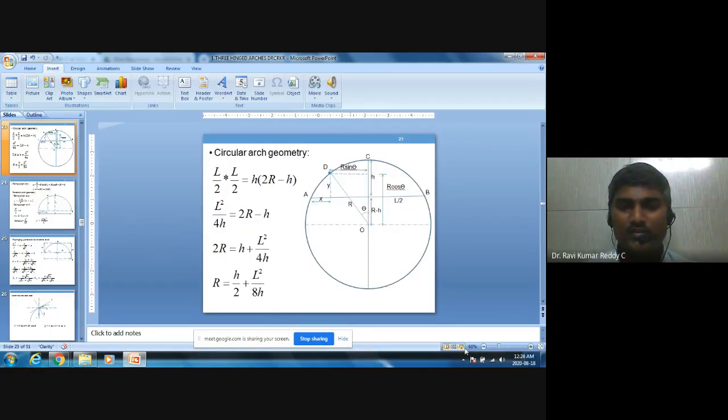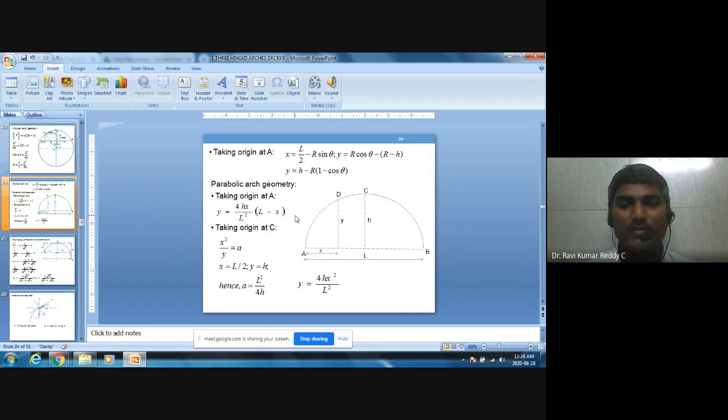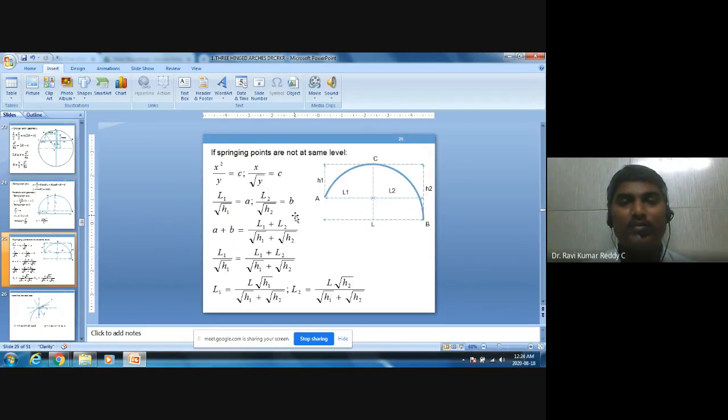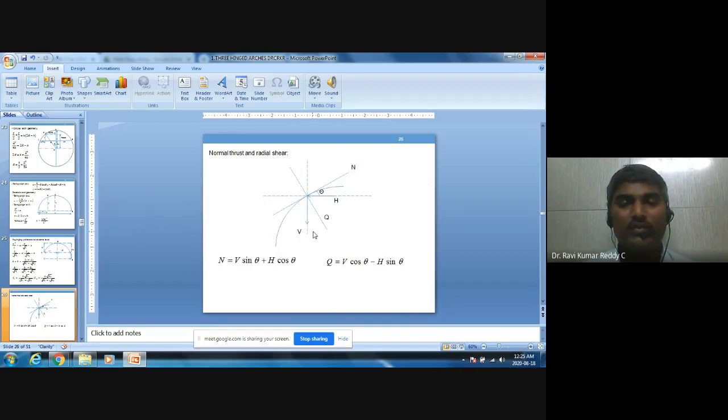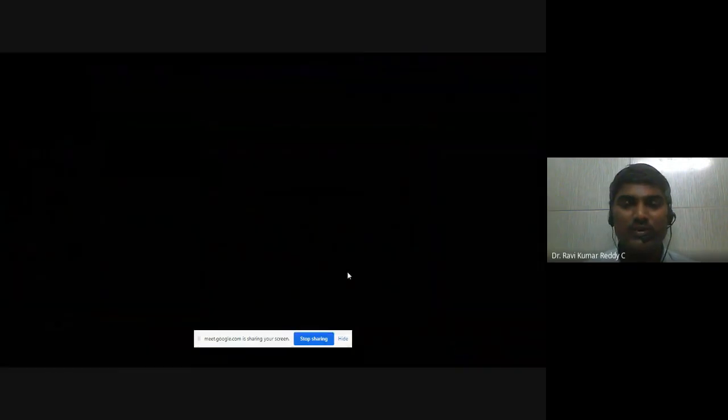Let us see what we have discussed in the last session briefly, then we will go for the current session. The last session covered the circular arch geometry and then the parabolic arch geometry, and then we went on to discuss the arch with springing points at different levels, and then normal thrust and radial shear expressions derivation. And today in this session